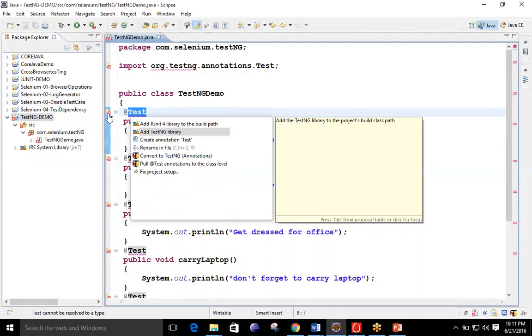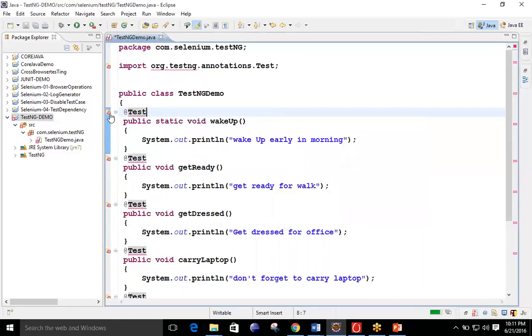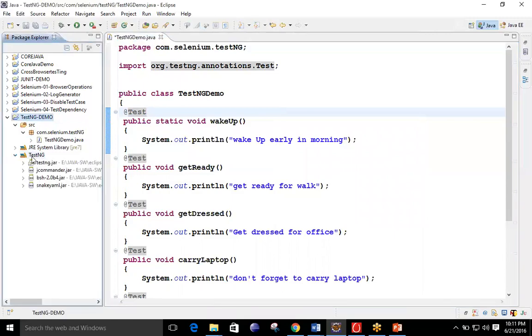Now we are working on TestNG. We have already worked on JUnit 4. So we need TestNG. Just check it out by clicking over there whether it is adding or not. Yes, you can see that it is also adding the TestNG jar file, and it is from Eclipse only. If you don't want to download from an external source, you can simply add it from Eclipse itself, as you have seen. Now there is no error.